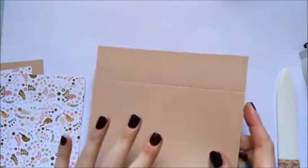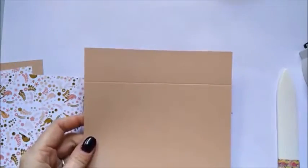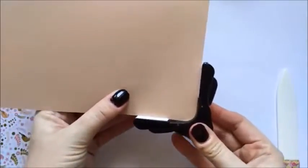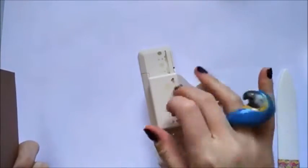So the lid is the same size as the base, and you need to score that exactly the same as the base on the 6 1/4. So when you put it into your scoreboard, just score at the 6 1/4 inch there, just so you get exactly the same finish. So what we're going to do is, again, corner punch our edges, and then if you've got any edger,